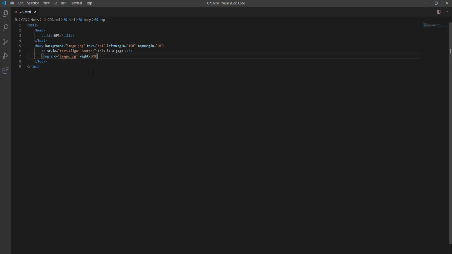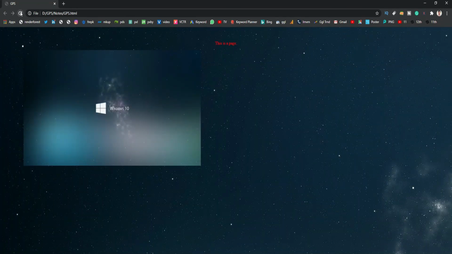Let's suppose 30% of the width of our image, and the height will be, there is a spelling mistake here, width and height will be, let's suppose 50%, because we have only a single image, so we are trying to use this image here.